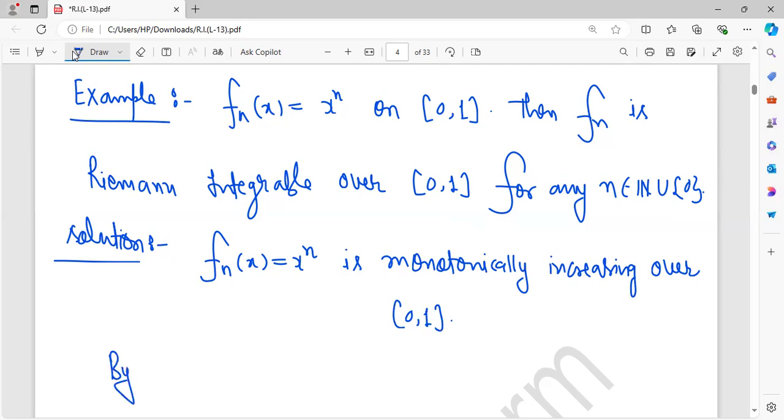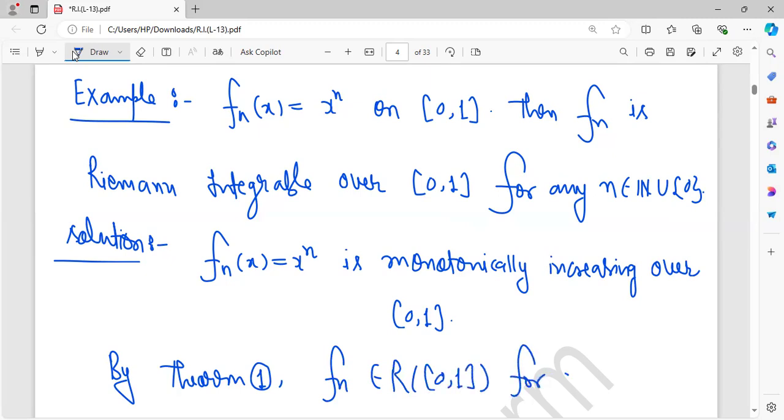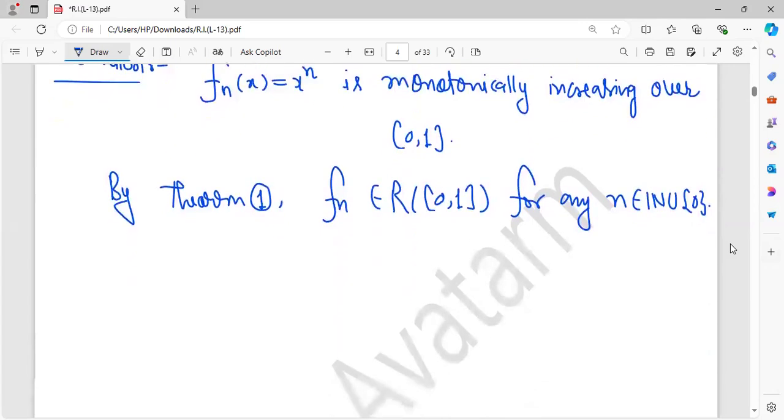By theorem 1, Fn belongs to R[0,1] for any n belongs to natural numbers union 0. So Fn is Riemann integrable. Okay. We are done. Now next result is that